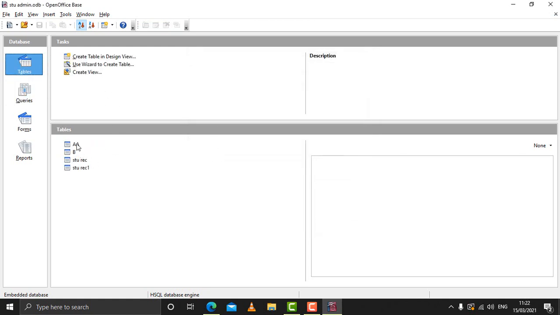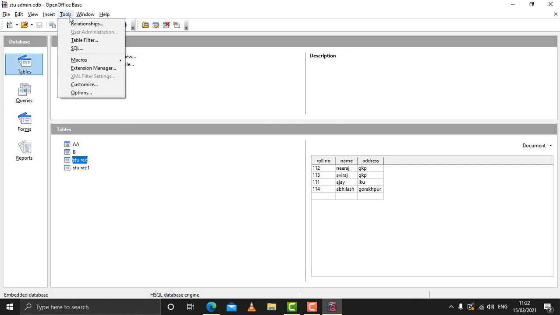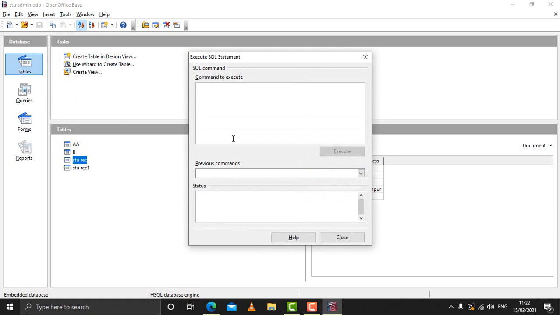So close it, we have tables here. If you want to see the content, click on the table, and then from this side click on document. You can see the table: year, roll number, name and GKP. Suppose that you want to select all those who are from Gorakhpur from the table STUREC. For that you need to go to tools and then to SQL. The command window appears, and from here you write the same command,